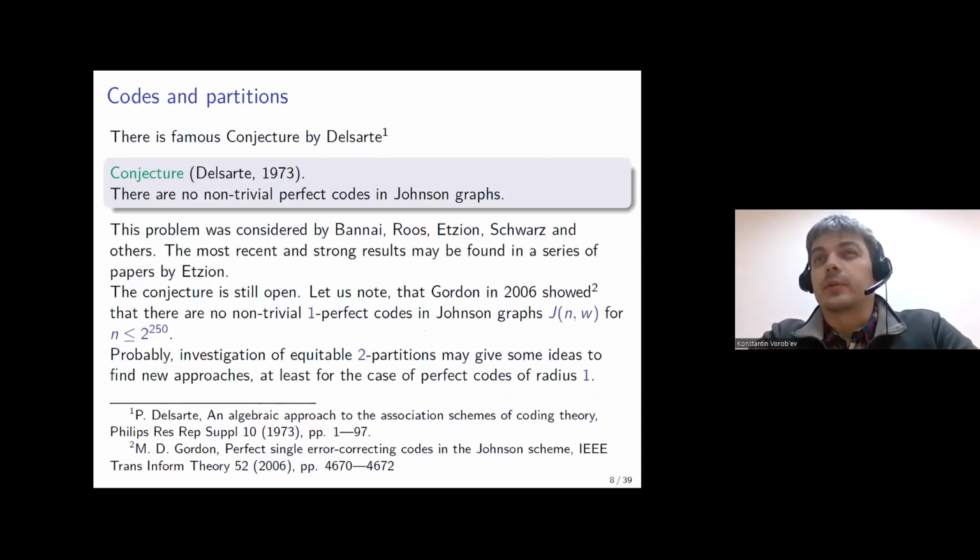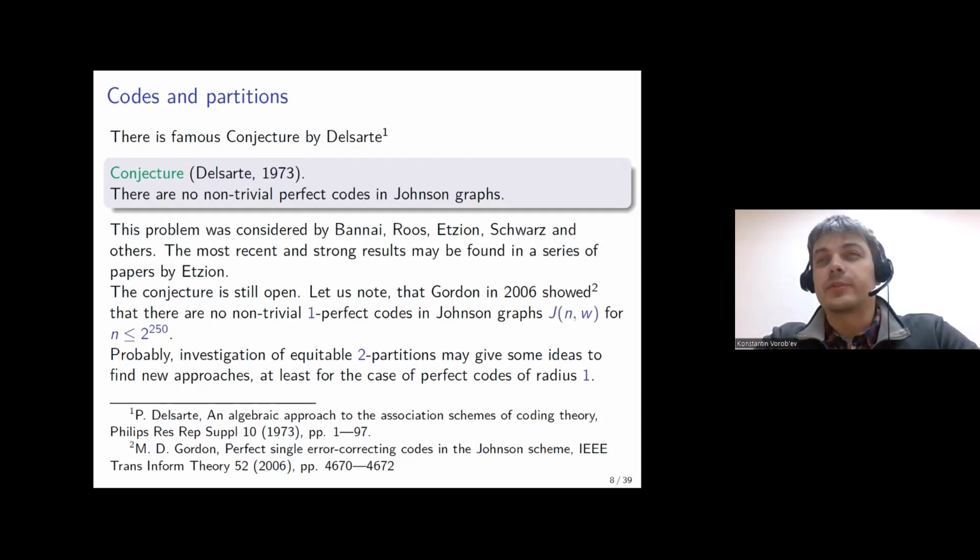Okay, so now about the main motivation of this theme. There is a famous conjecture by Delsarte from 1973 that there are no non-trivial perfect codes in Johnson graphs. Actually, Sergey in his previous talk has given a definition of a perfect code, but let me remind it. An r-perfect code is such a subset of vertices of the graph that if we take